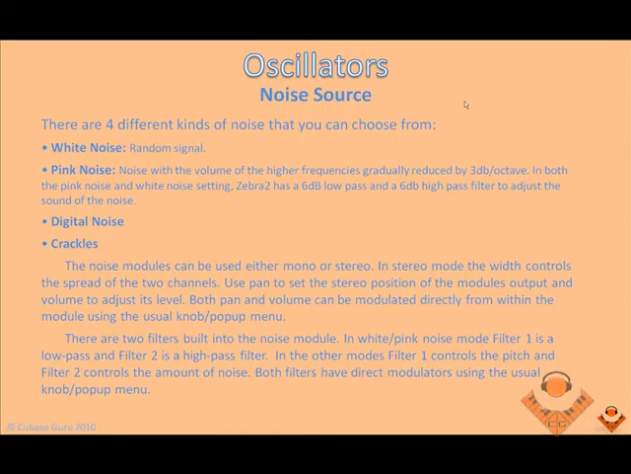The final section we're going to look at is the noise source. It's not really that exciting, to be honest. It's just noise at the end of the day, but it does have its uses. So we'll go over it nice and quick. We have white noise, which is just a random signal. We've got pink noise, which is noise with the volume of the higher frequencies gradually reduced by 3 decibels per